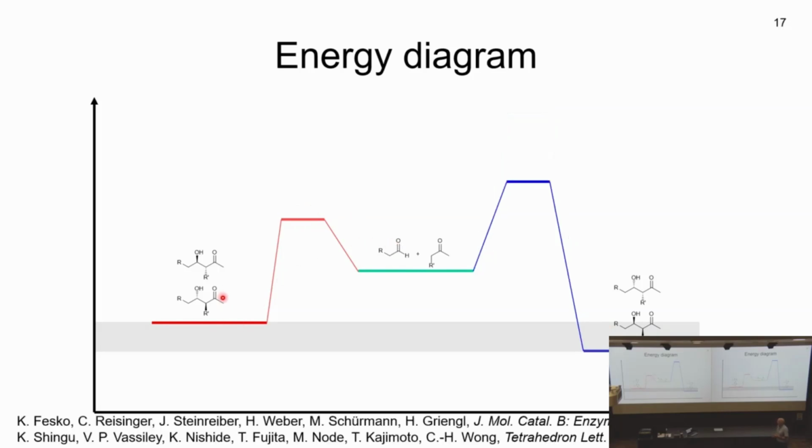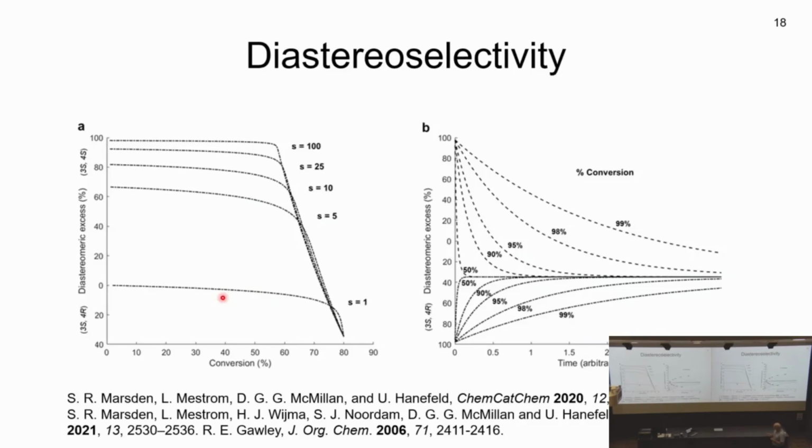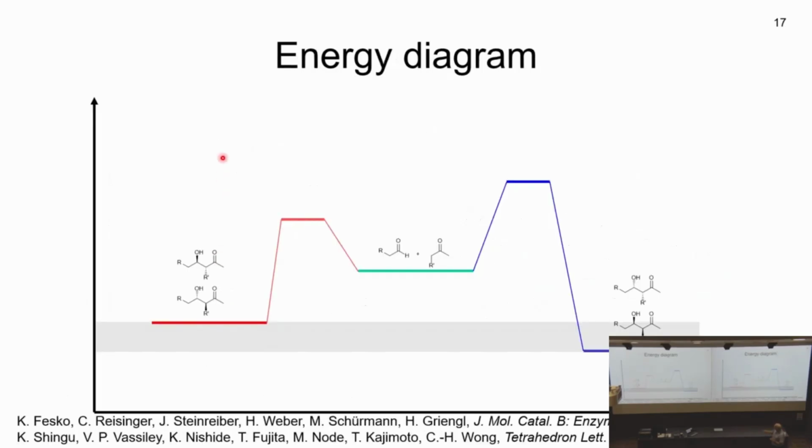But, and this seems to be the case for us, and it has been described for other enzymes earlier, you have some cases where this activation barrier is not that different to this one. So the enzyme actually enables both reactions, only this one is fast and this one is slow. So you initially form, in the fast part, this, but if you leave it, because you're going for lunch or whatever, your DE changes and you get this.